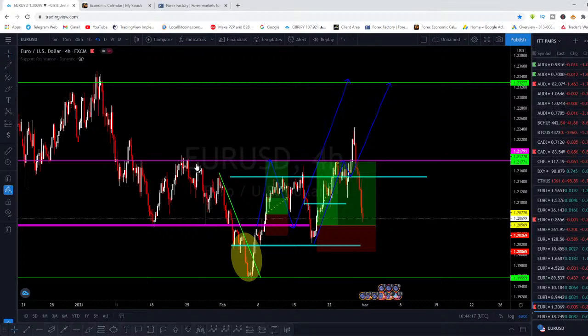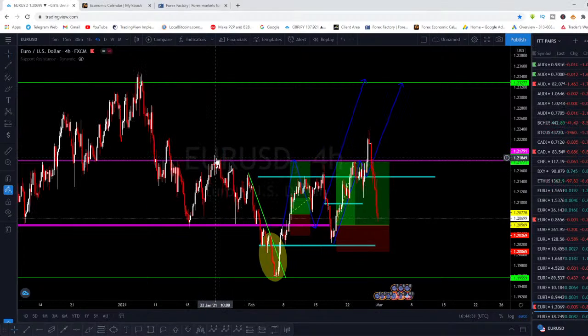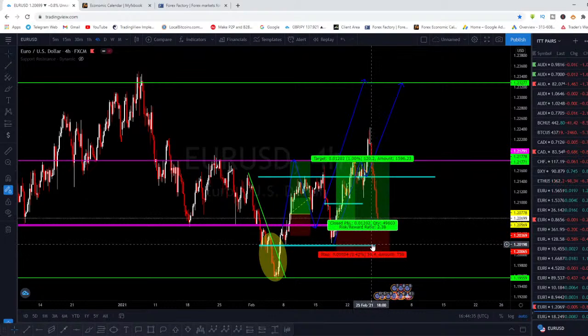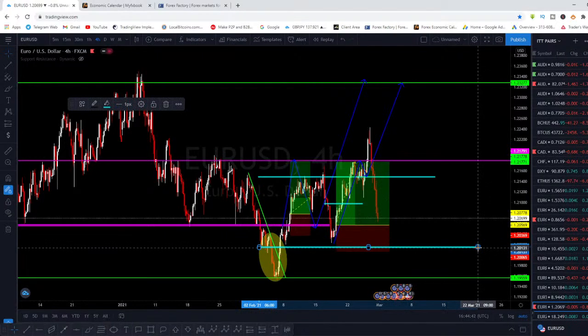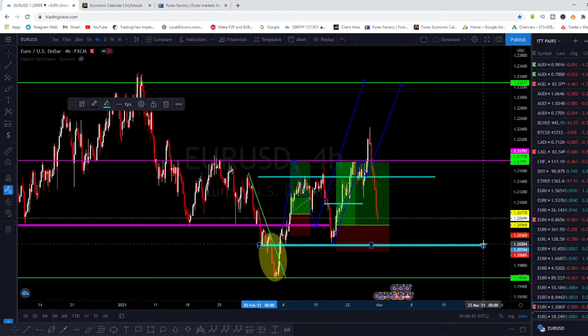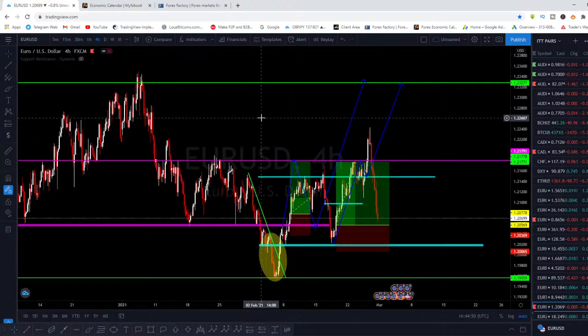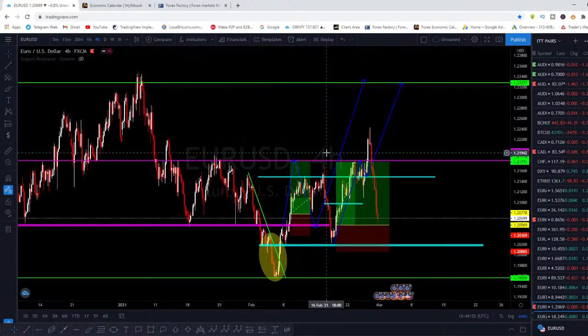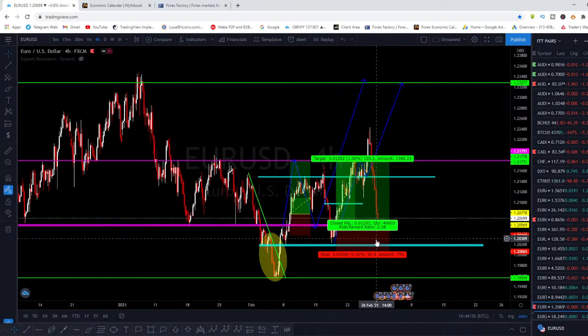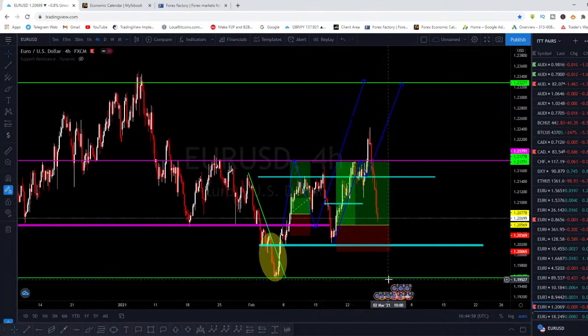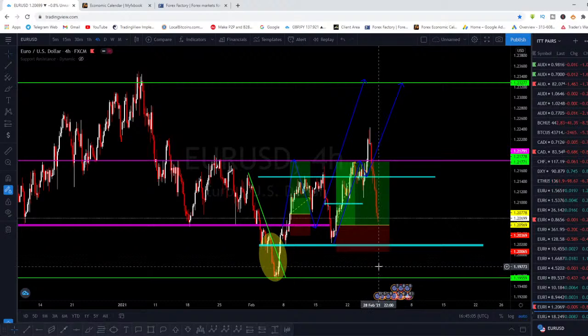All right. So yeah, that's what I'm just seeing on Euro USD. There's nothing much. Just expecting the market to come down to either this level or this point, right? If you still want, you can watch the analysis we did last week, live and direct here, and see exactly what I said about this Euro USD analysis. But right now, I'm still seeing the market might come down to this level or to this point before we look out for another possibility to get in for a long-term buy. So it depends on where exactly the market reaches before it reverses back up to the upside.